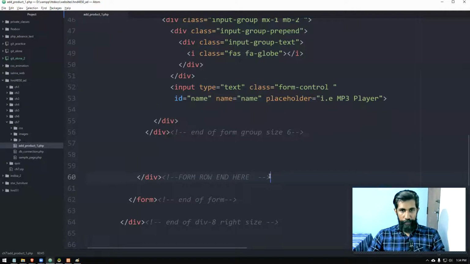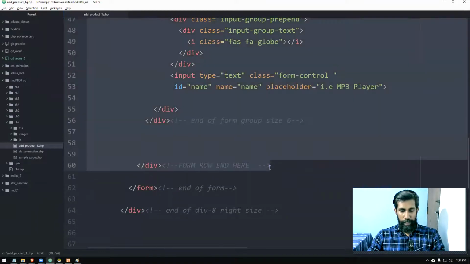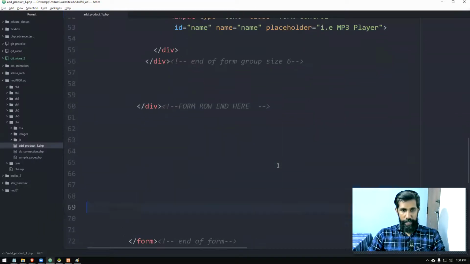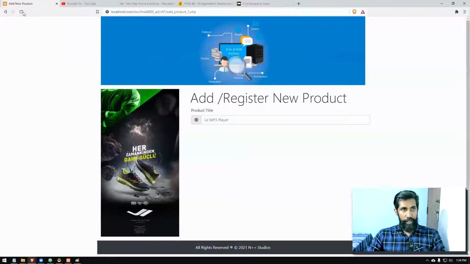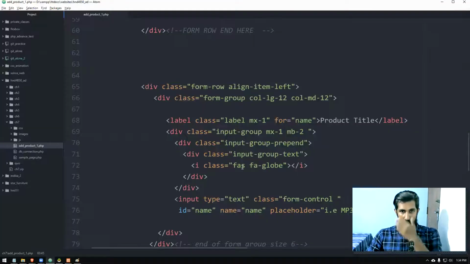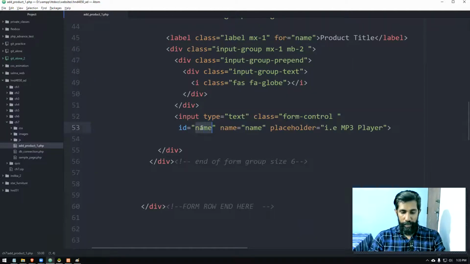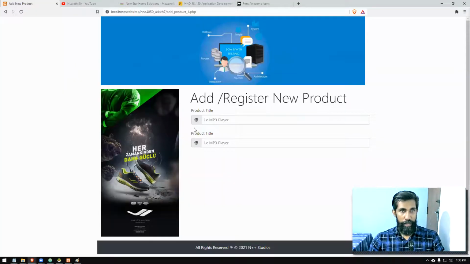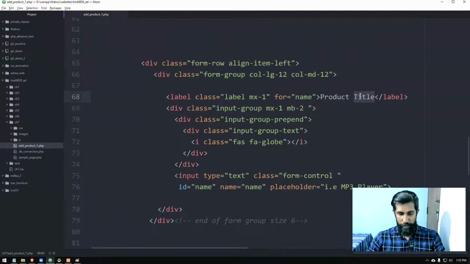So from here up to here, I'm just going to copy this. Copy, and you can press the enter key several times nicely, go inside and paste it once more. Now, if you reload this, another component will come. For the previous one, we have to set the name also. So the component ID, I'm going to say title, name also title. Then for the second one, the label, I'm going to say description, or product description.